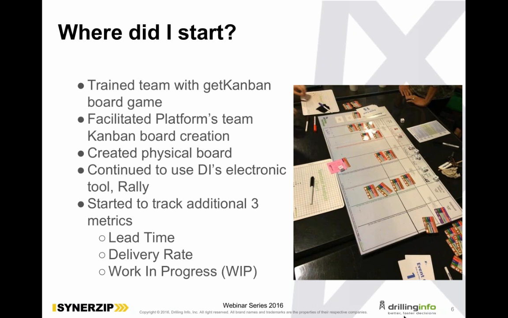I didn't change any metrics that they were gathering to start with. I added the lead time metrics, so when you start work, and I tracked the delivery rate: how much work is coming out of your system for a given period of time, a week, a month, a quarter, a year. And we also started tracking work in progress limits to make sure that the team was respecting